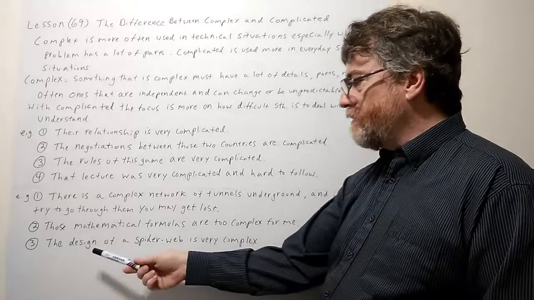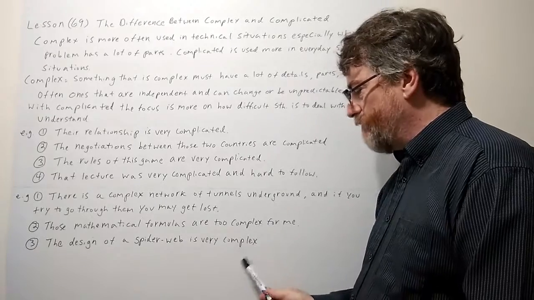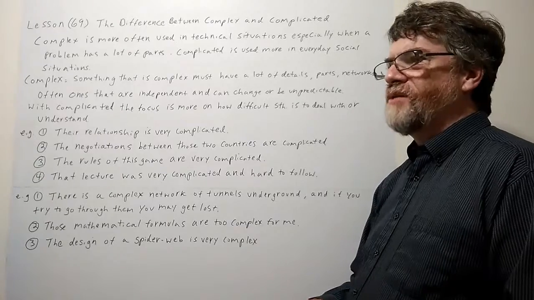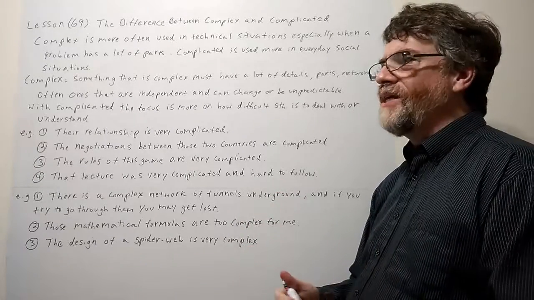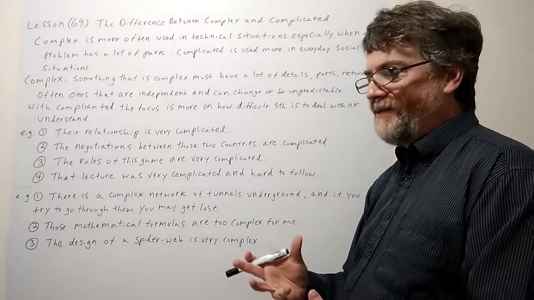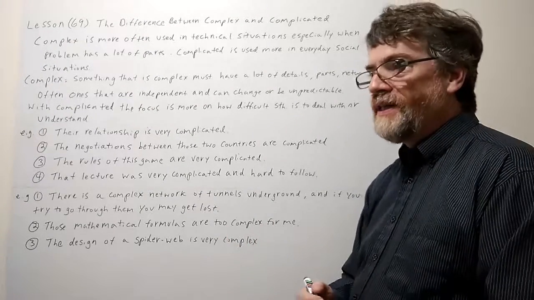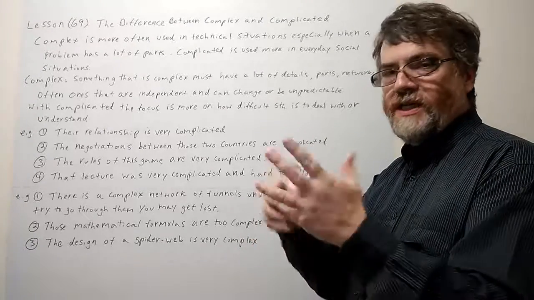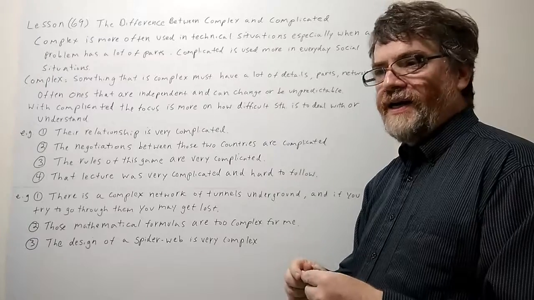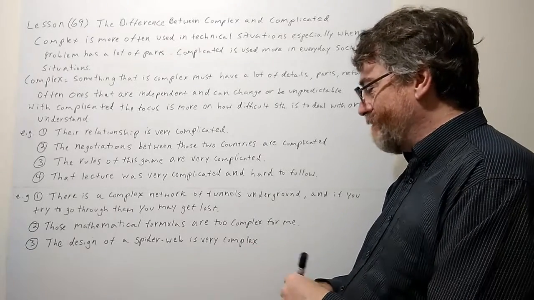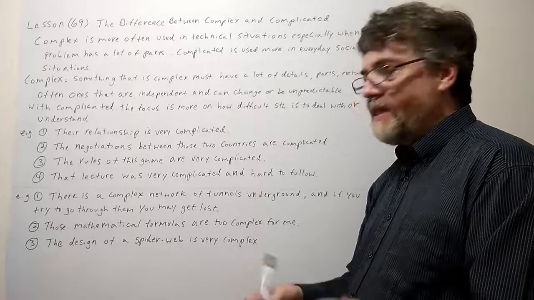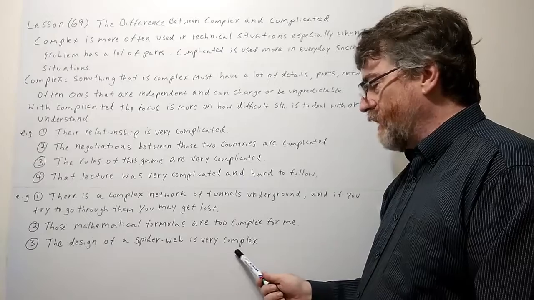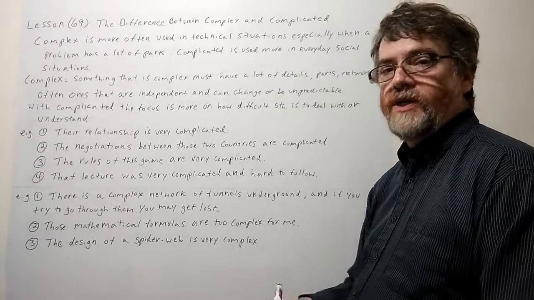And let's look at the last one. The design of a spider web is very complex. They're amazing creatures sometimes. You look at these big spider webs. How do they do that? A spider can be almost like an architect. And he has so many strings or webs, and they're crossing each other. If a person had to design that, it'd be pretty hard. But anyway, we could say that again, a lot of interconnected parts crossing each other. We might be a little more likely to use complex in this sort of situation.